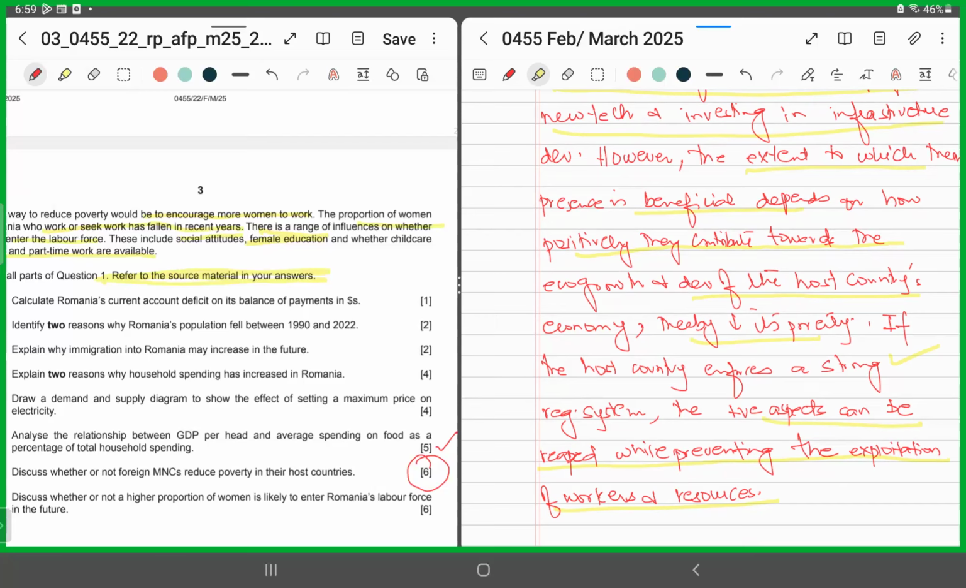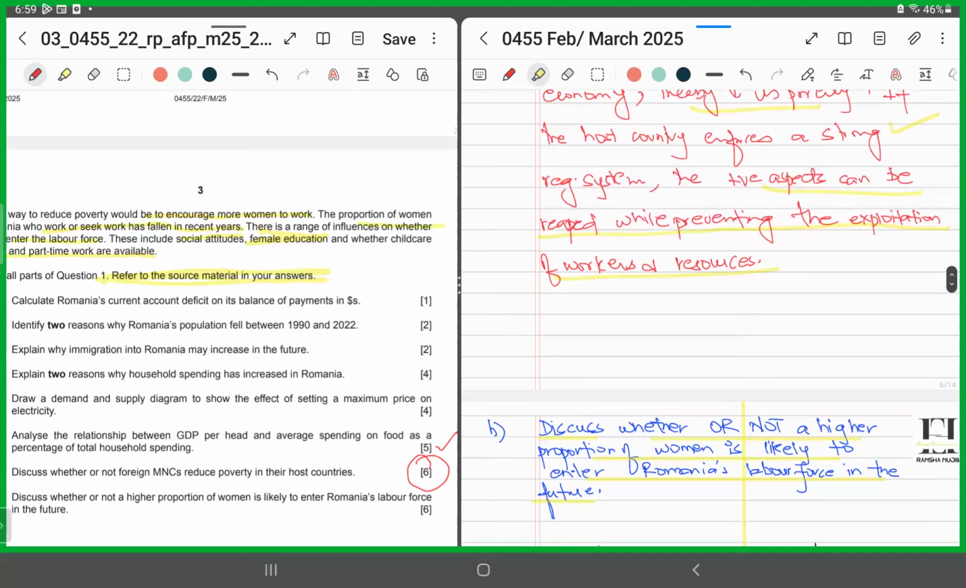I hope you've understood. Part F. Again, it's the last part. Again, it's a discuss question. Again, it's 6 marks. Again, you need to produce a well-balanced argument, both sides. This question asks us,